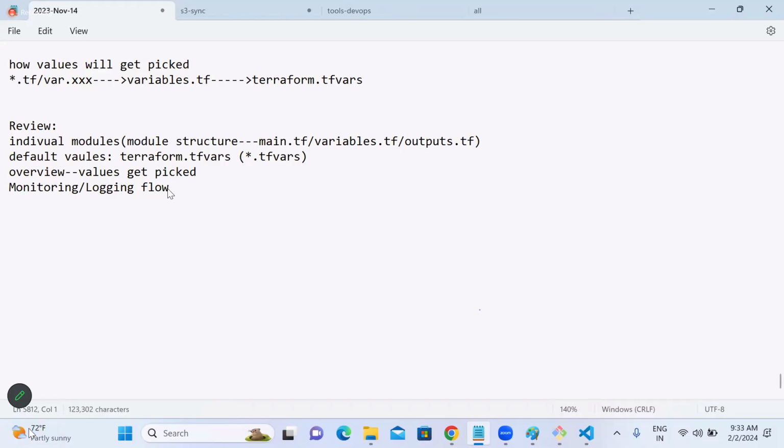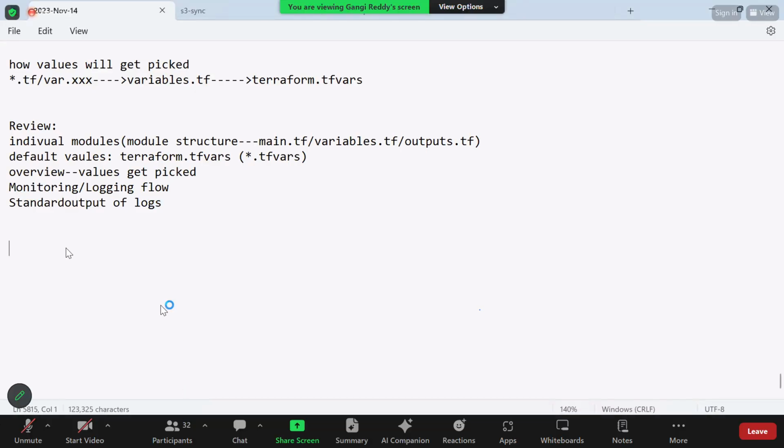One of the very important keywords we learned is standard output. This is very important. All the world right now, the outside world, is running on logs only. Logs are very important when we move to container technology. So one of the most important interview questions they ask you is,